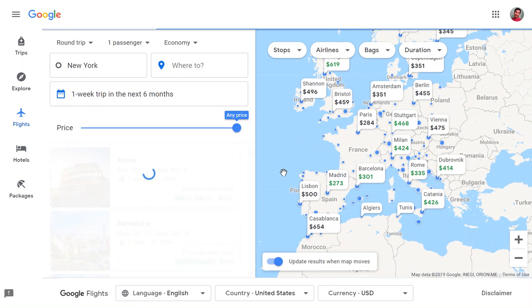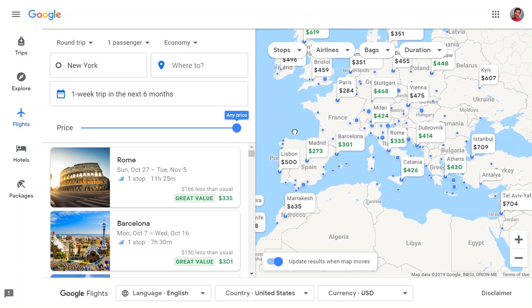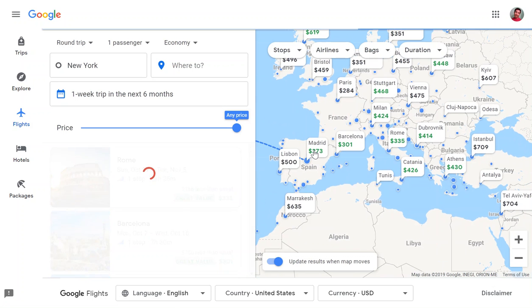Okay. And as we can see, our trip to Madrid is looking to be $273, which I would say is a pretty good value. When dealing with Google Flights in general, I would stick to cities that are in green because it means that the prices are cheaper than normal. So we go ahead and click our Madrid trip,